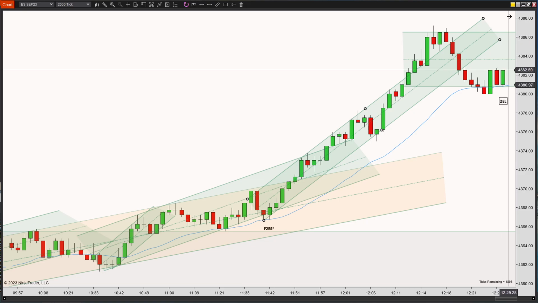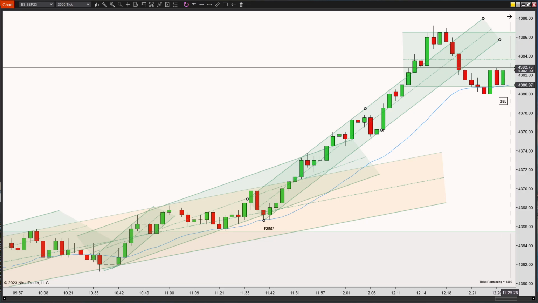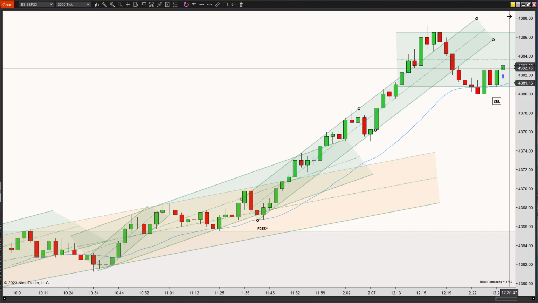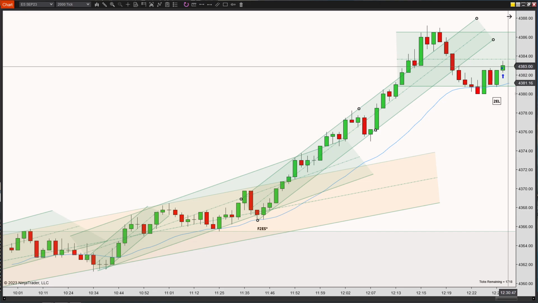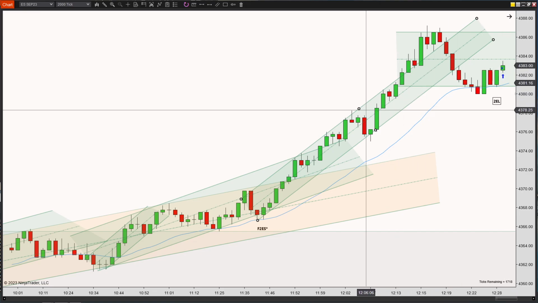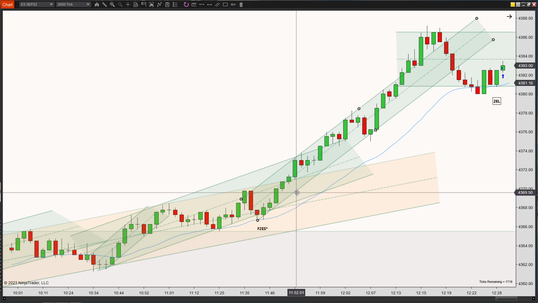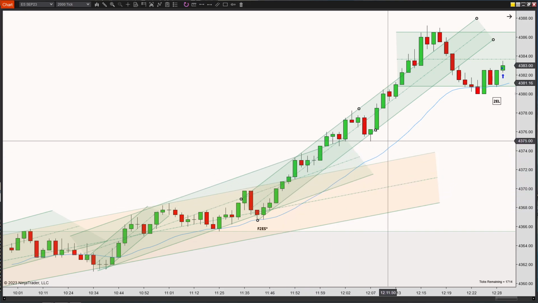So I got my order ready and I dropped it one tick above this green candle. Got entered here. And I was just going for a very conservative 1 point because I was just looking to get one profitable trade in off of something that I felt like was a setup, or what I interpreted as a setup.